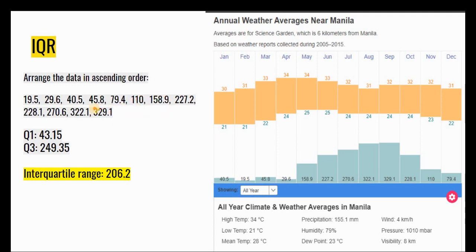median values. So ito, since tayo ay merong even dataset, ilan ba to? 12 yan, di ba? So kung 12 yan, yung median ng first quartile would be 40.5 and 45.8, kaya 43.15. Okay? Tapos naman, yung median for third quartile would be 228.1